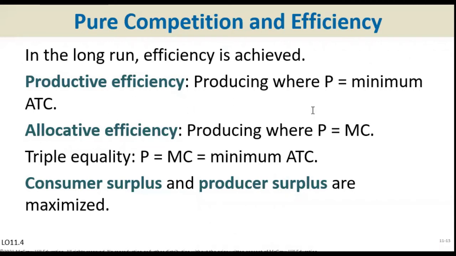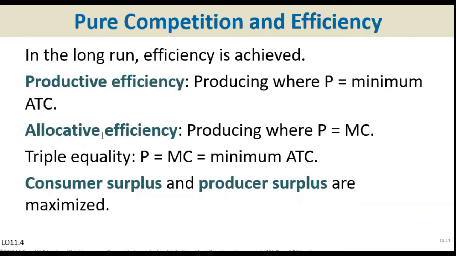And how you know that is the price is equal to the minimum average total cost. And how you do that is to be able to use technology, rely on technology, innovation, find a better way to increase your productivity and produce at least cost. Allocative efficiency is that you use scarce resources to produce the mix of goods and services that society desires the most,